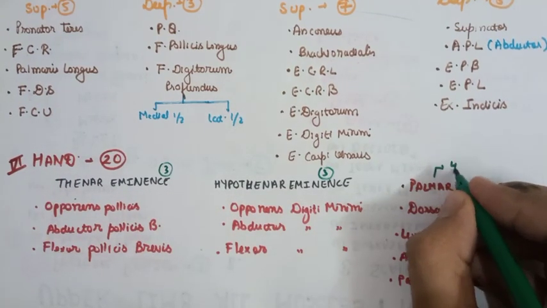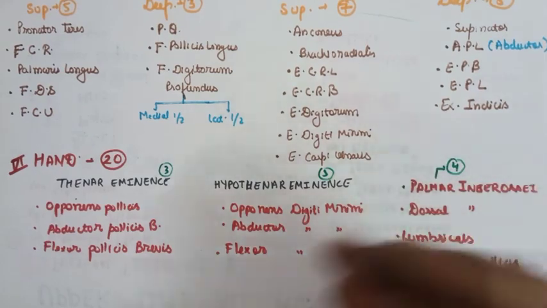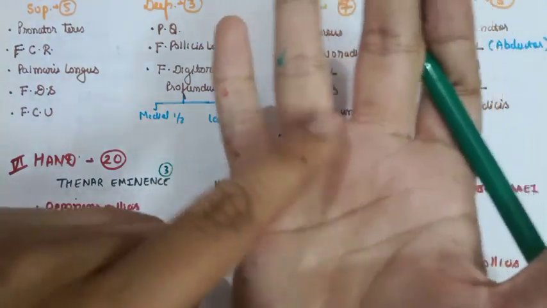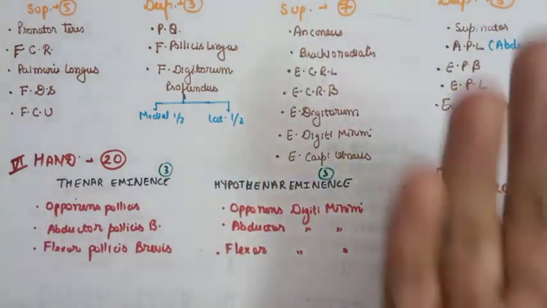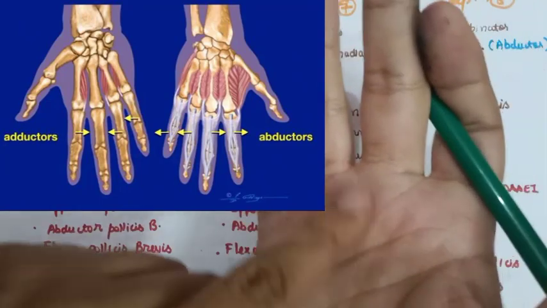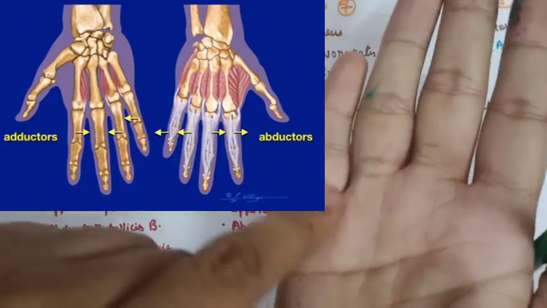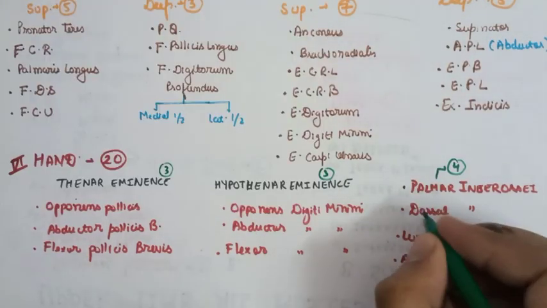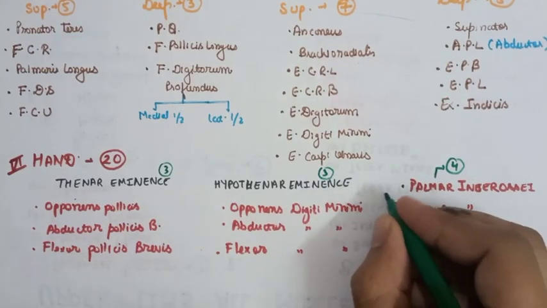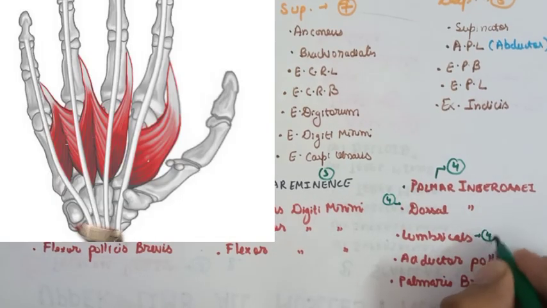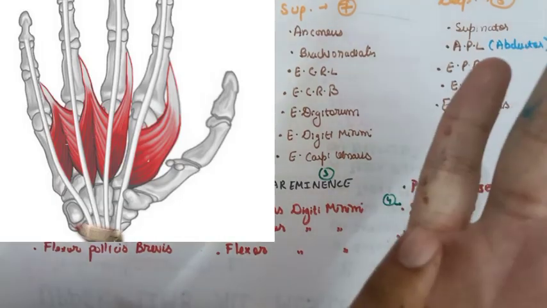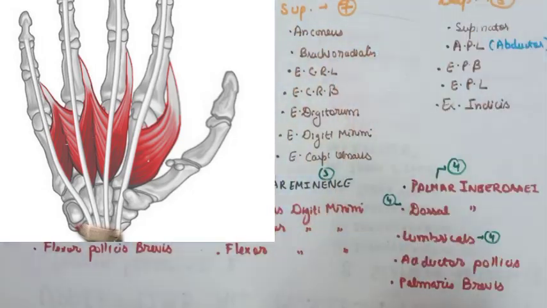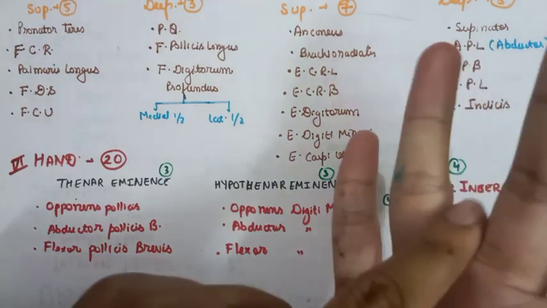We have 4 palmar interossei. What do we mean by interossei? The muscles present in between the bones. So we have the carpus and metacarpus. Then in between the metacarpals there are some muscles which are called the palmar interossei. This is the palmar side. So we have the 4 palmar interossei over here, okay, and at the back we have the 4 dorsal interossei. So we have 4 palmar, 4 dorsal, then we have 4 lumbricals. Lumbricals are worm-shaped muscles which extend like this. In the diagram you can see that these are worm-shaped muscles which exist in between the digits.